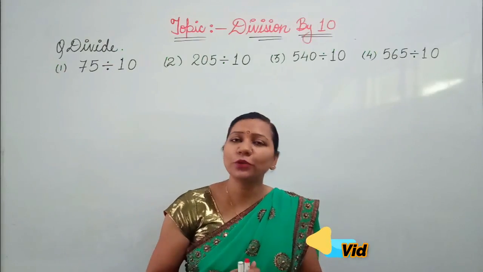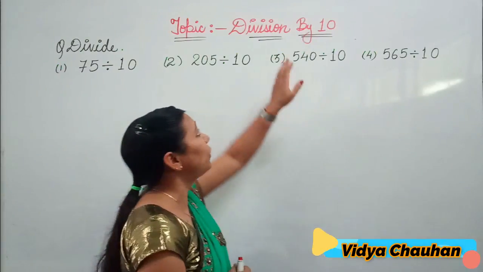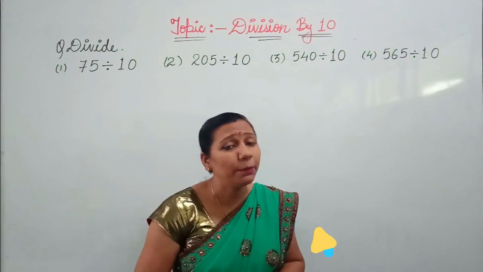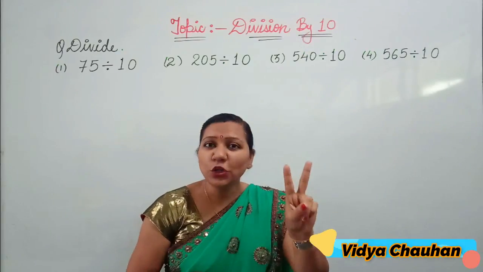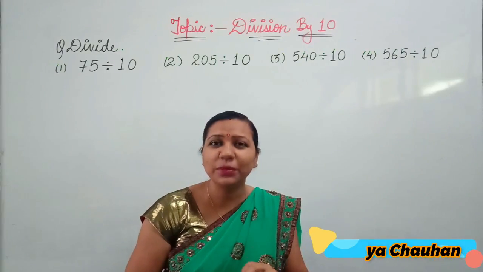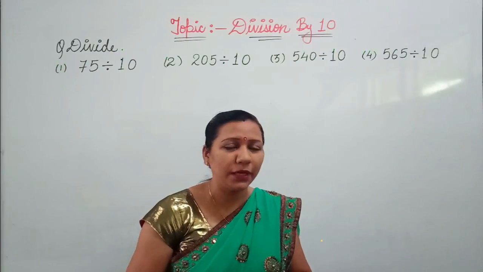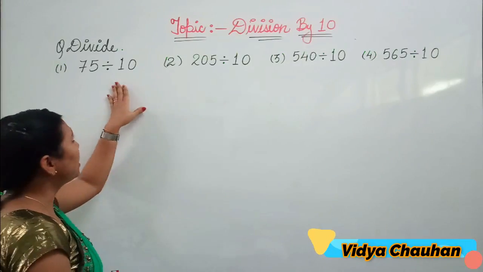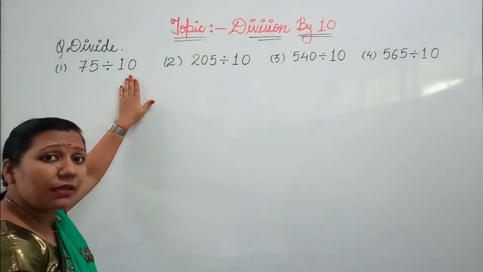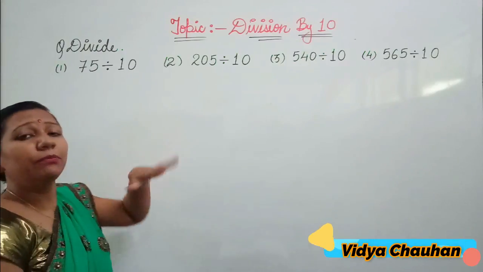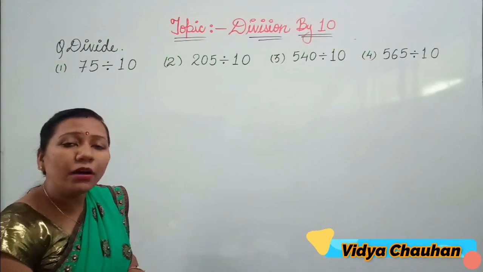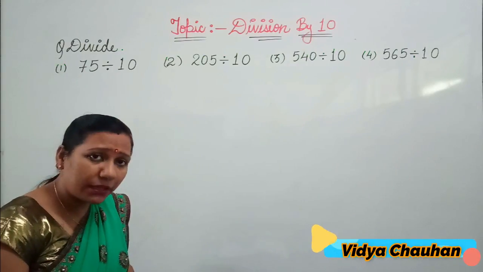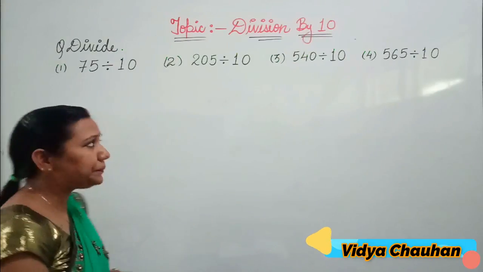Now, today we have to continue with the same topic and today we are going to understand the division by 10. How we can divide any number by 10. 10 is a two-digit number and not only that, it is the smallest two-digit number. So, here I have taken some questions from your book exercise. The division process for any number by 10 will be the same as we were doing by division of any number with a one-digit number. Process is same. We will be using the same long division method. So let us continue with the same.